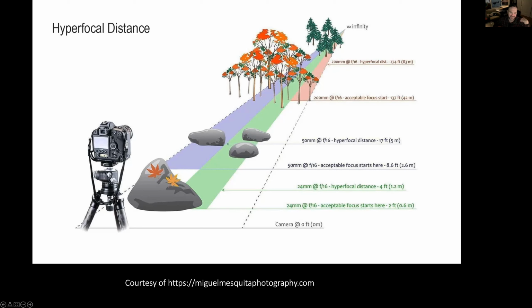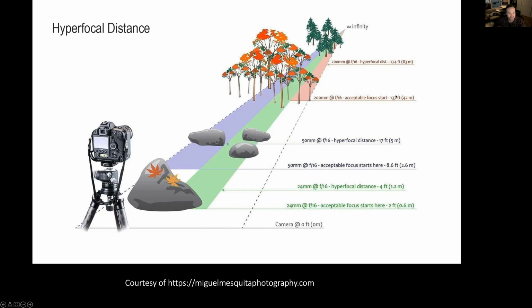So if you're photographing this scene in a wide angle, 24 millimeters considered wide angle, well, your focal distance is only going to be 2 feet. And it would put everything else into acceptable focus, kind of going backwards. So oftentimes when people look at my images, they think, wow, you must do a lot of focus stacking. The answer is no, I do a lot of wide angle shooting at an f16 that brings a lot of that into focus. Versus if you're doing telephoto landscapes, f16, 200 millimeters, you're going to be looking at a very